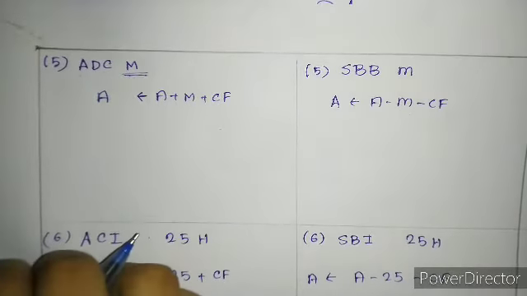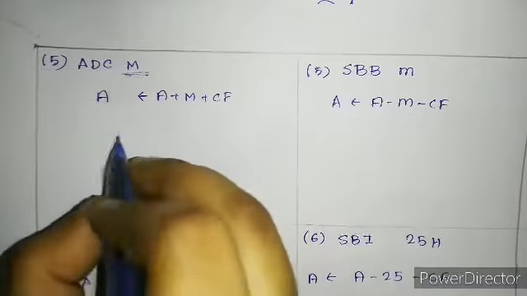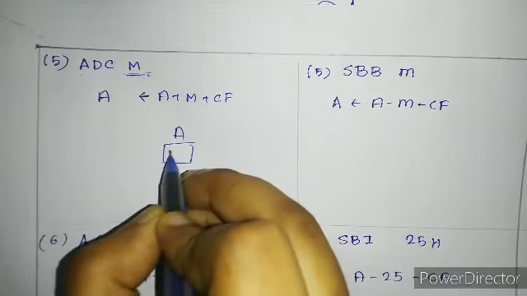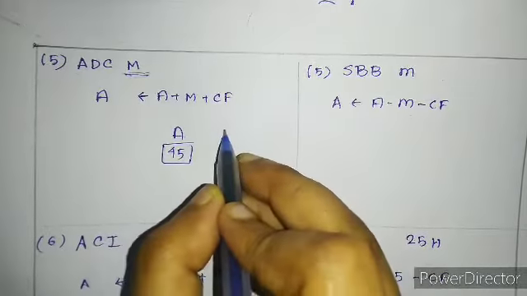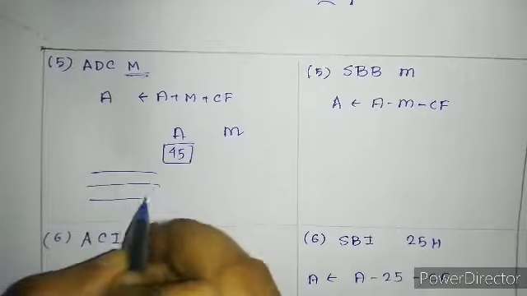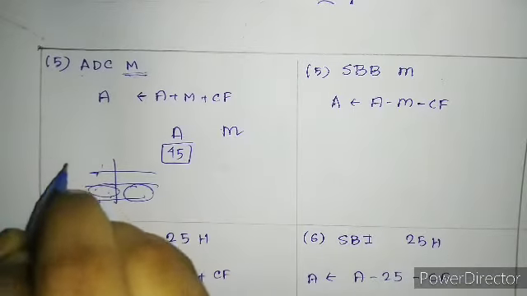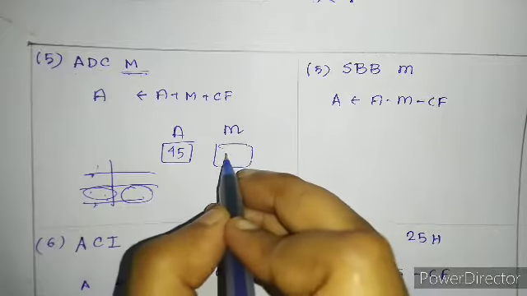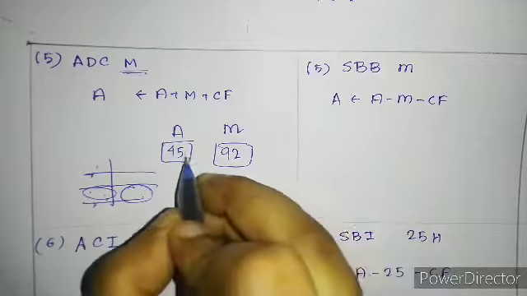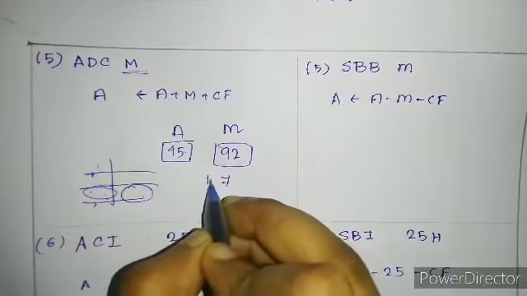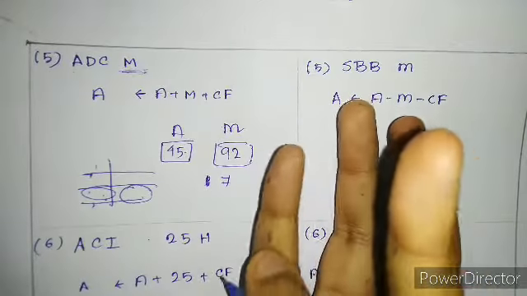But again, I think I should do this. Probably in A there is maybe 45, and in M, from some location, we have to find the data. From some location means the location pointed by the HL pair. So if I get maybe 92, the result is 7 and 13, which means A, B, C, D.